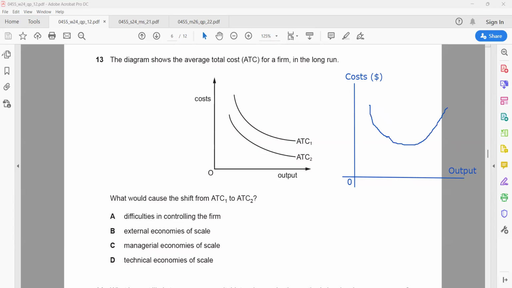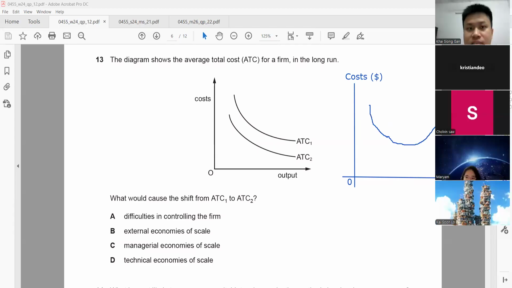Sorry, my mouse is a bit slow. Okay, so ATC? Now let's see the chat box. Let's see what answers you have provided for me. Only Anuv got it right. Cindy got it right. So what is the answer? Luckily, some of you answered. So far, only two of you answered it correctly.